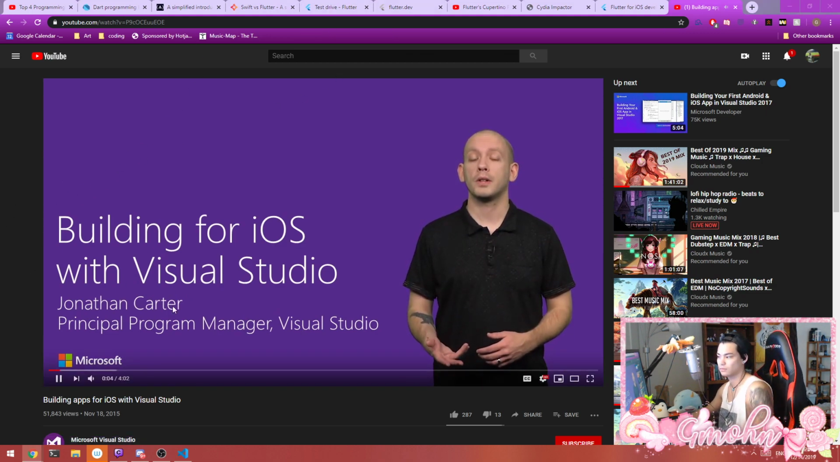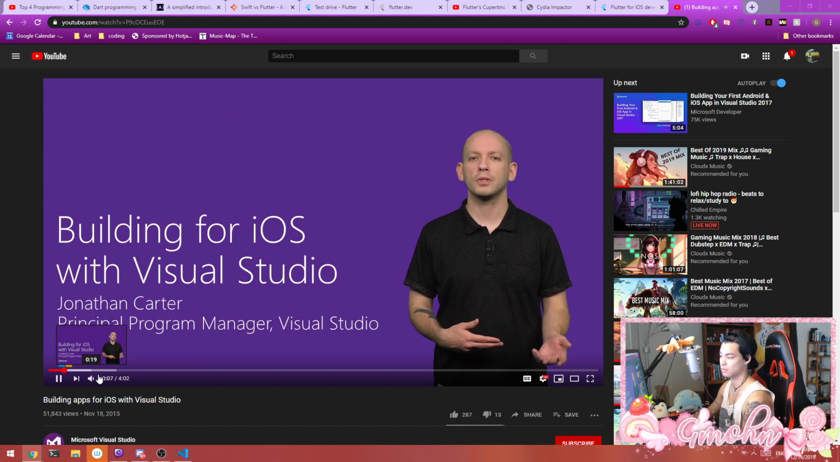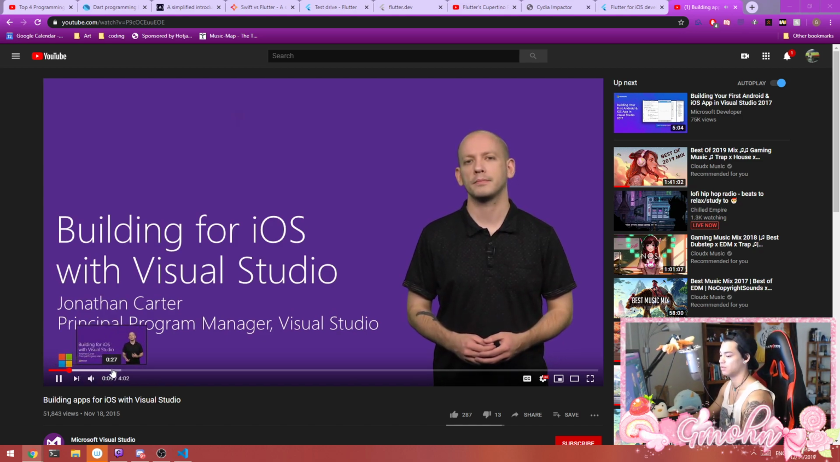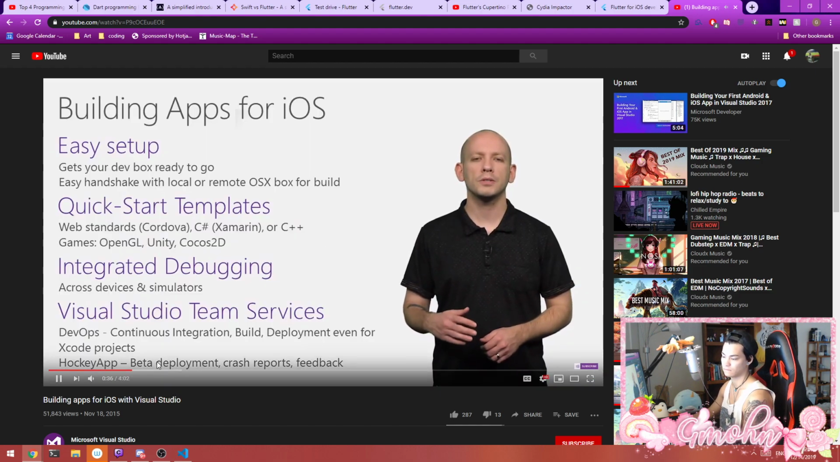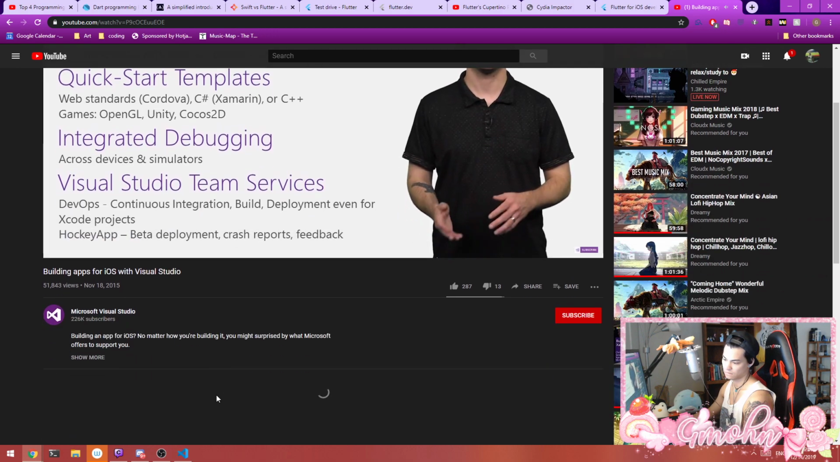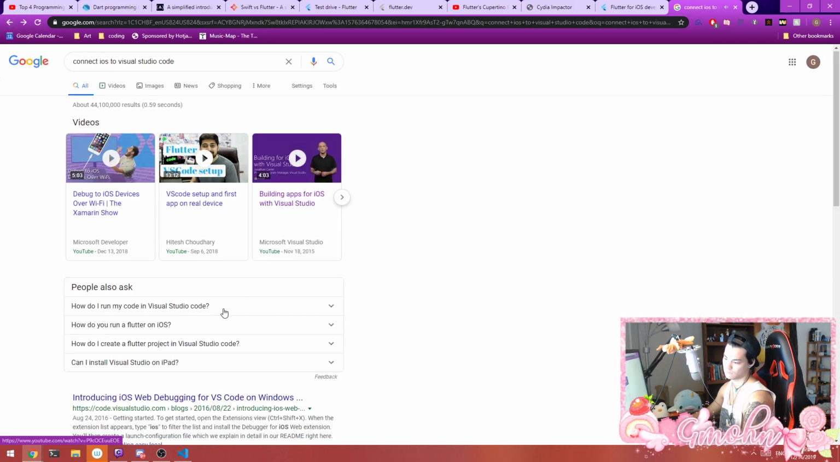Are you an iOS developer? Yes. Or potentially you're looking to build your first iOS app? Please. Now this might surprise you, but Microsoft actually Wow. Windows Easy Setup gets your dev box ready fast, including a handshake with a